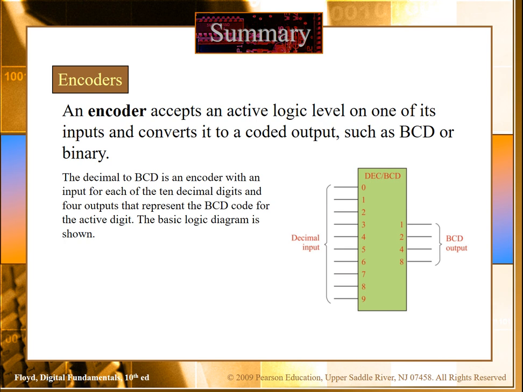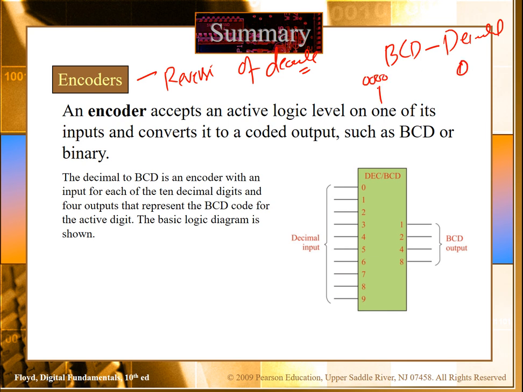We learned about the decoder. A decoder is like you have a specific input and you get a specific output. An encoder is what? The reverse of the decoder. For example, we learned about the BCD to decimal decoder. For example, if you have 0, 0, it means your output is 0. Similarly, we can convert from decimal to BCD. We know the conversion. So we have decimal inputs and you want to encode them, you want to convert them to BCD. So, a decimal to BCD encoder.